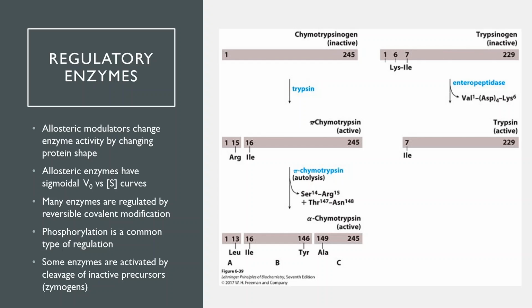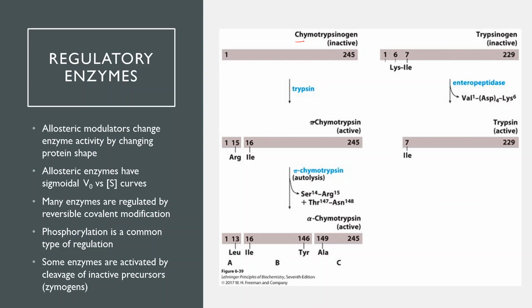The final form of chymotrypsin is the cleaved form. So the active form of chymotrypsin, which is called alpha chymotrypsin, is actually 3 separate polypeptides, but they start off as a single peptide. So when chymotrypsin is synthesized, when it's made or translated by a ribosome, it's this long 245 amino acid protein,